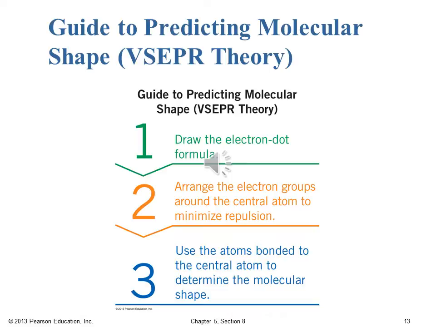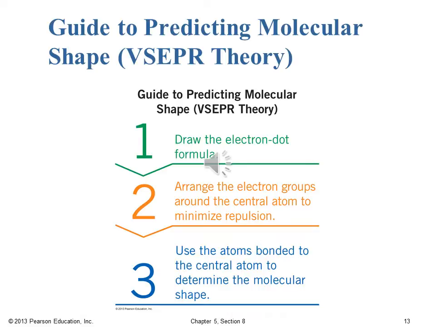Okay, so as we've done frequently in the course here, we'll have a guide to how we might predict molecular shape from the VSEPR theory. And our guide to predicting those molecular geometries involves first drawing that electron dot formula. So if you still haven't got that skill down, please make sure to practice it. Reach out to me for help, because if you can't do that, then you're not going to be very successful